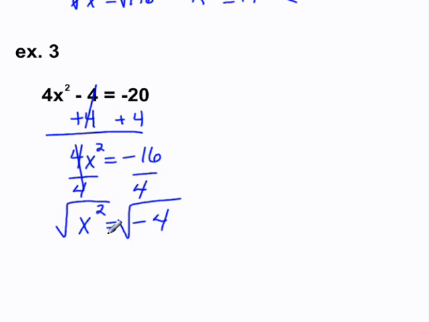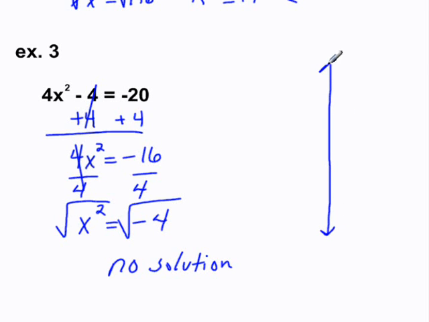So instead of going through the process and canceling and actually taking the square root, the negative means that I have no solution. So I'll write no solution. And if I were to graph this, the graph would not have any x-intercepts. So an example of what that would look like,